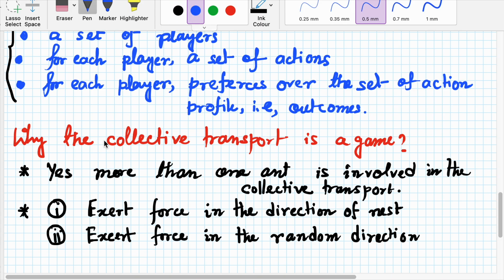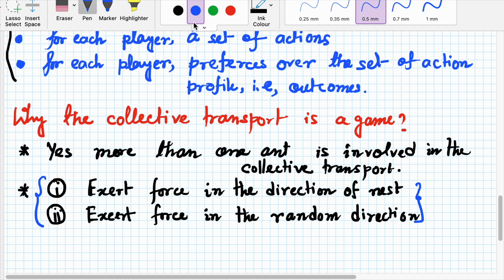So yes, at least two actions are present for every ant. And third,